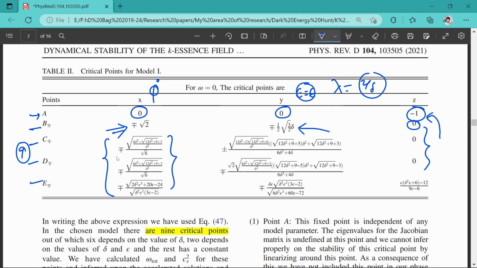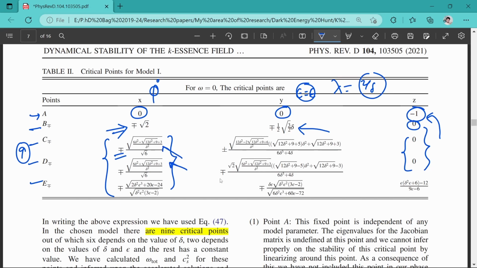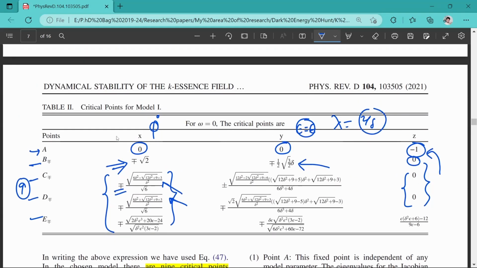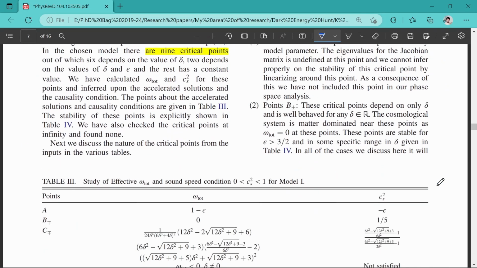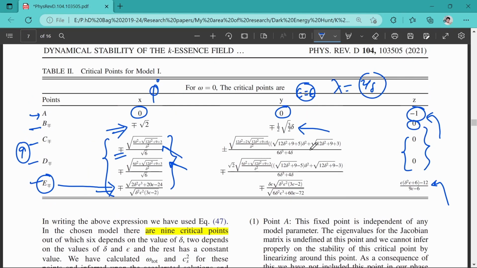Now these critical points are very interesting, and for these critical points z is again 0. It consists only of the potential terms, because the potential is defined with delta. This critical point has the delta term, and this other critical point consists of the delta and epsilon terms. So it is a very interesting point. And y is again something delta and epsilon dependent, and here your z term is also non-zero. So we have to understand what kind of dynamics they will evaluate.